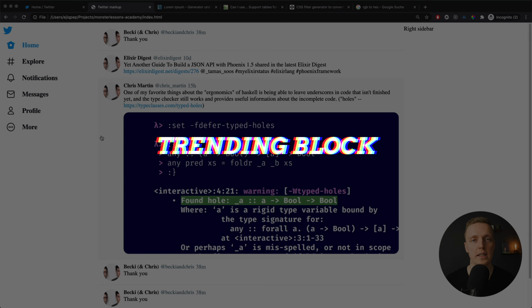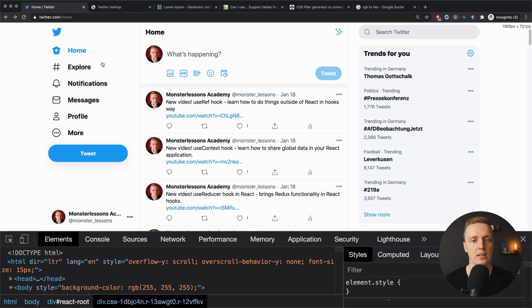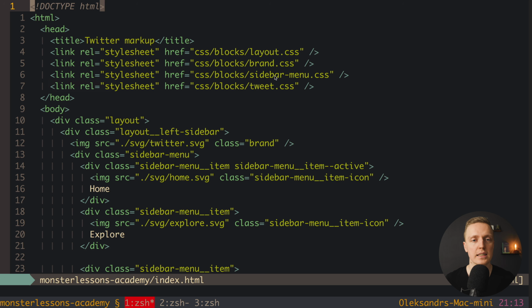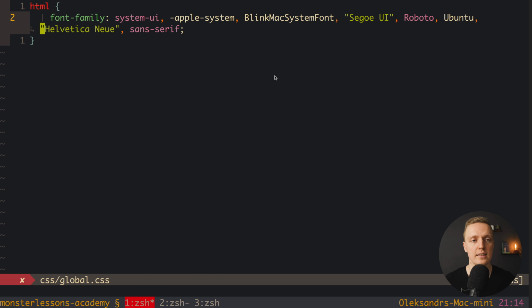Now it's time to implement our trending block, but here is the small problem that I see. As you can see, all our fonts are default and they are not like here on Twitter, and we can easily fix it by importing our fonts from Twitter. For this, I want to create one global file. What does it mean? Normally we have in CSS just blocks, but it doesn't mean that we can't have some global styles. And normally we can write some styles, for example, for HTML or our body. This is why I want to create here a new style and call it global CSS, and inside paste this